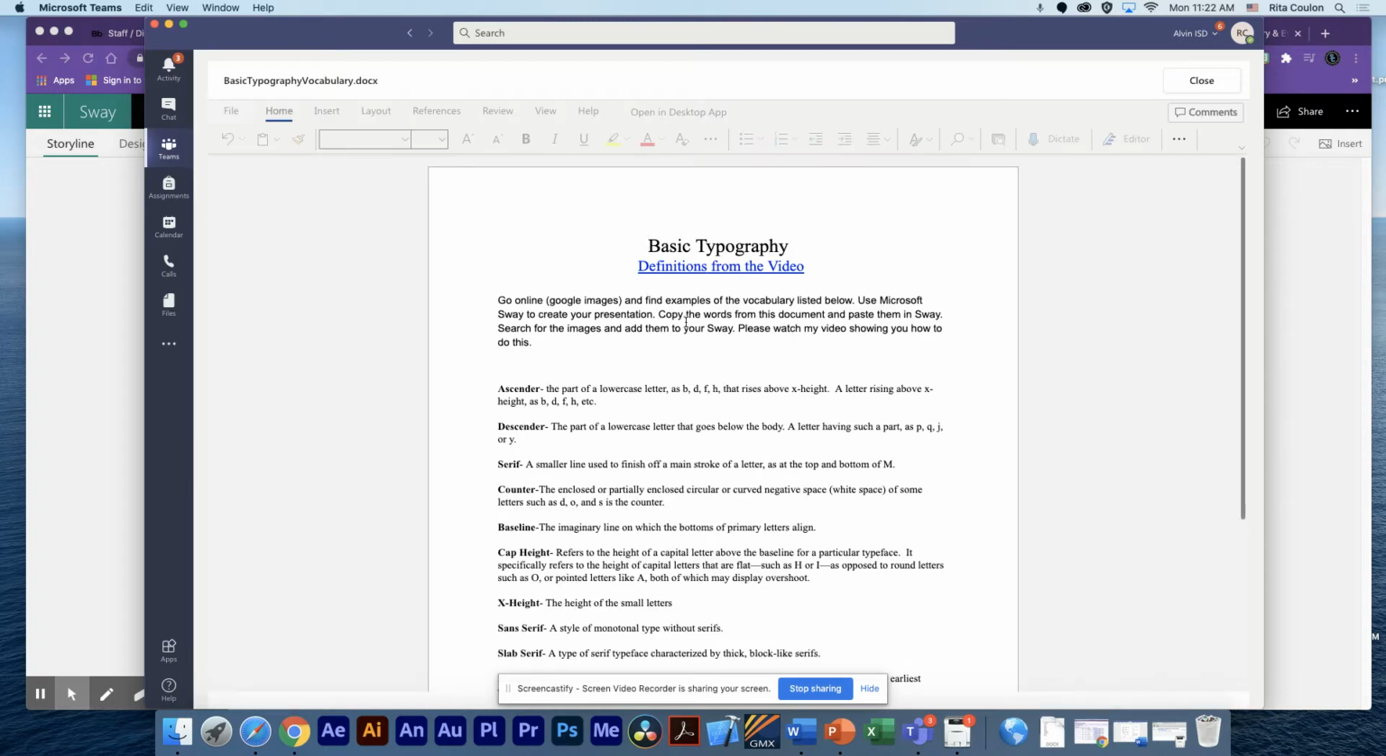directions that tell you to go online, use Google Images, but you don't have to use Google Images. You'll be able to use the images in Sway, and you're going to find examples of the vocabulary listed below. The video that you watch should have showed you the different examples, so that should make it a little bit easier for you. So what you're going to do, the name of this is going to be called Typography